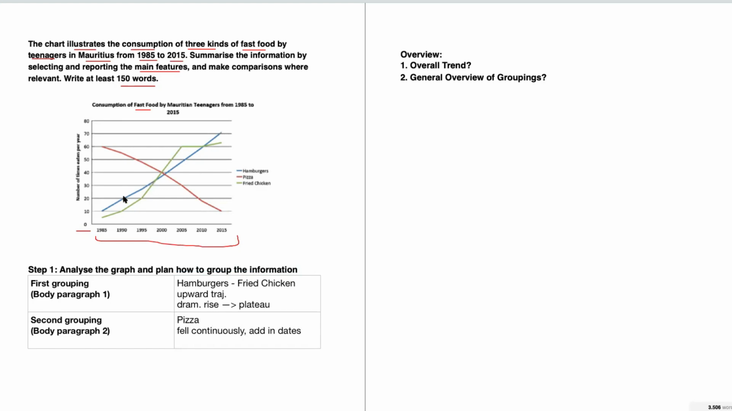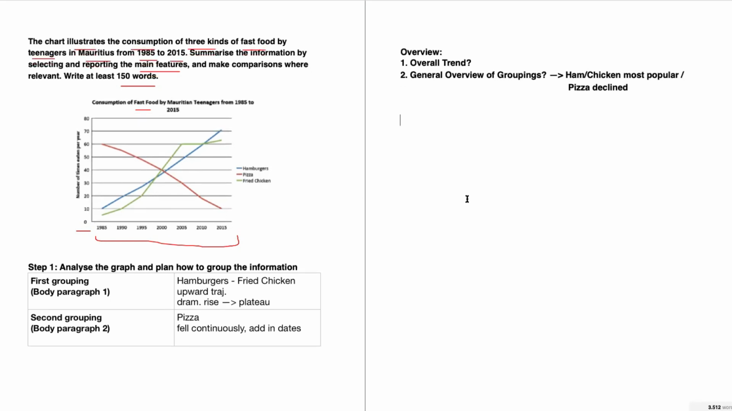In this case, there is not one specific general trend that all 3 follow, so it's best to focus on number 2, looking at a general overview of your groupings. Hamburgers and chicken were the most popular, and pizza declined from 1985 to 2015. Again, it's very straightforward here, where this is your overview. Okay, so we've done the prep work quite quickly. I do want to take this a bit quickly so that you can see what this would be like